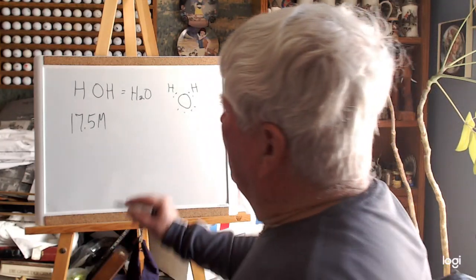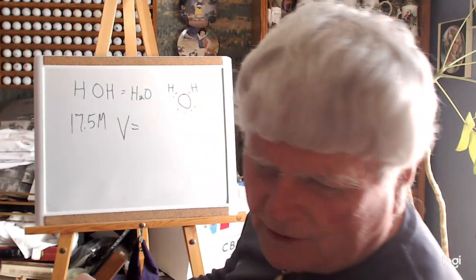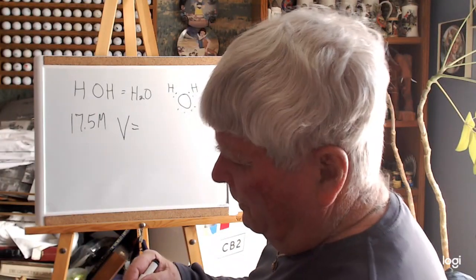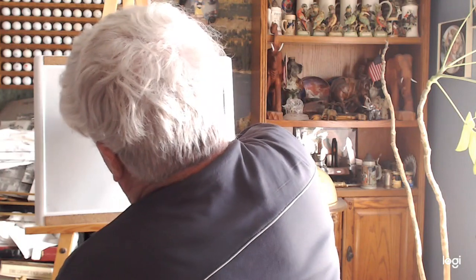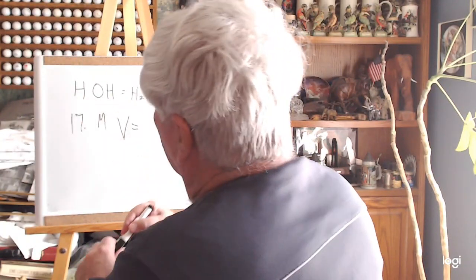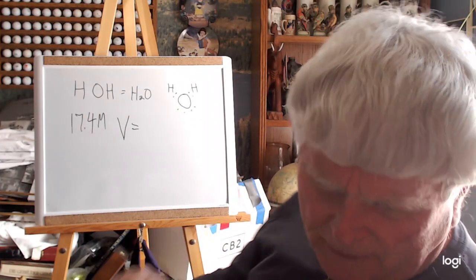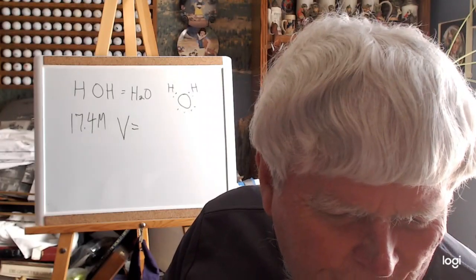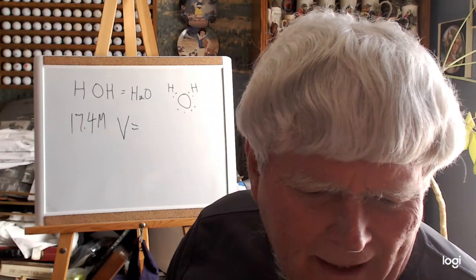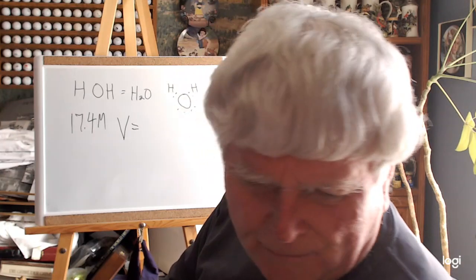And you say your volume is going to be equal to the 17 point... it's not 5, it's 4. My bad. I started to say, I didn't recall that glacial acetic acid was 17.4. All right, so 17.4 times volume is equal to the volume that you desire divided by, and what we want is